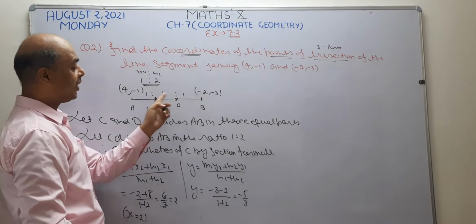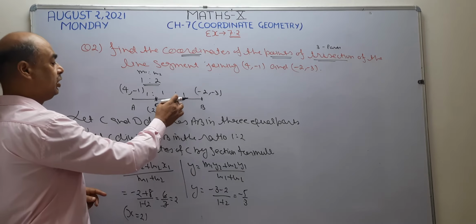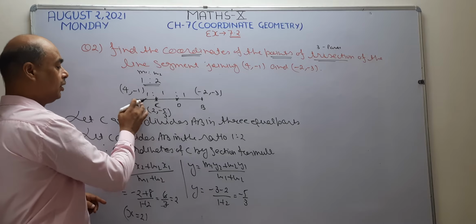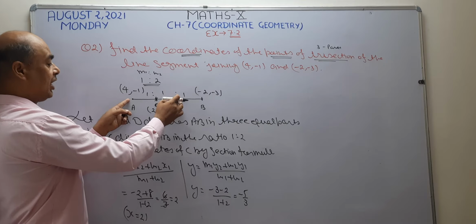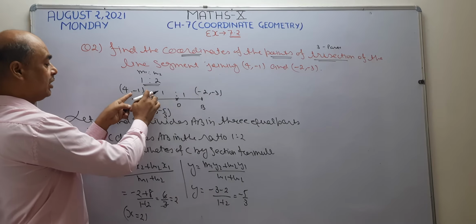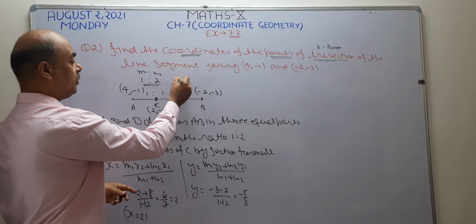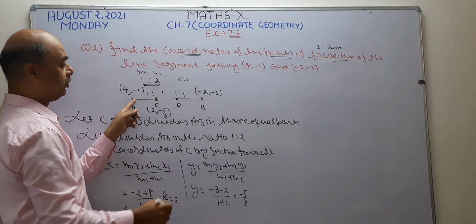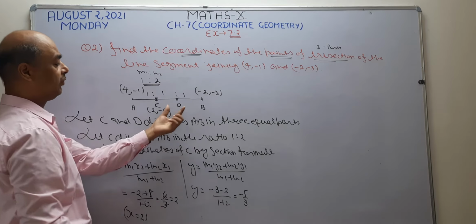You can also find its coordinates by using the section formula. If you take that D point is going to divide AB, in which ratio? In the left, how many parts are there? 2 parts are there, 1 plus 1, 2. And in the right, how many parts are there? 1. So this becomes 2:1. According to the section formula, you can find the value of D. Also by using the midpoint formula, you can find the value of D.